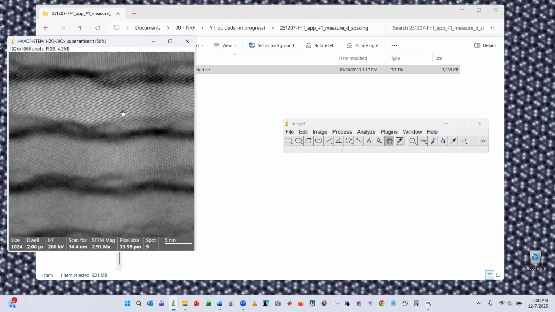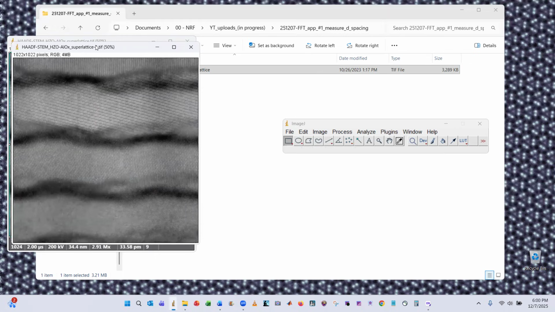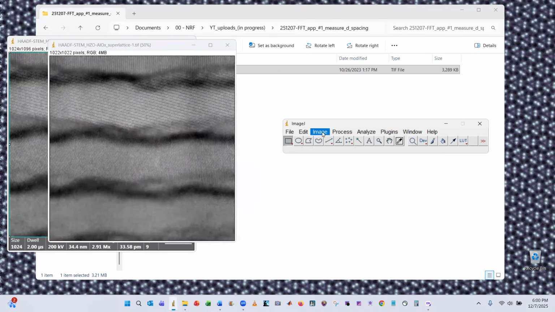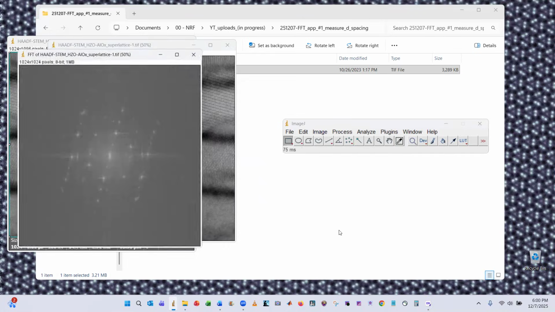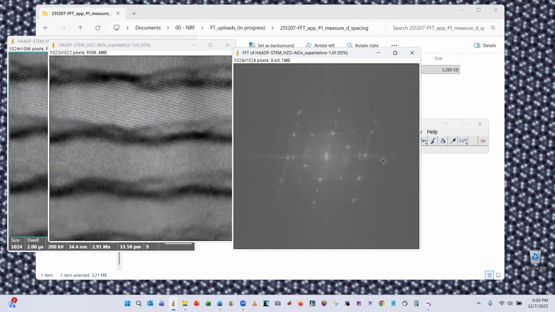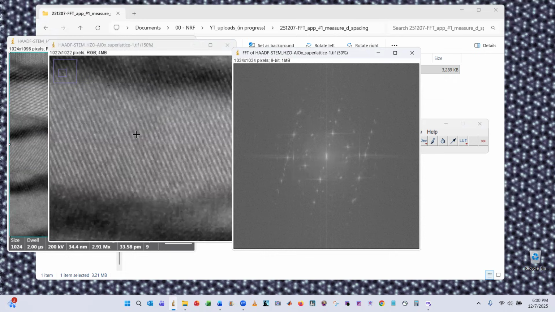We can do the FFT of the whole thing. The problem though is that we don't know where we're getting what from. So in other words, if I'm going to just crop this out here, hold down Shift, Control Shift D, duplicate without the scale bar. So now if we take the FFT of this image, as you can see, we've got a lot of stuff going on here. We don't exactly know what set of features in here corresponds to this, right? I mean, we could kind of guess because